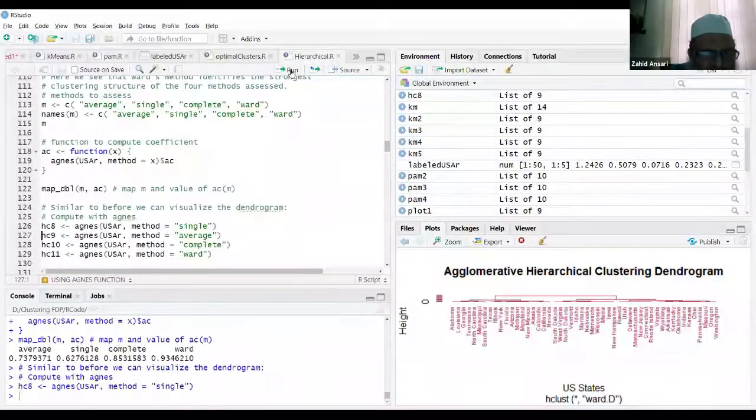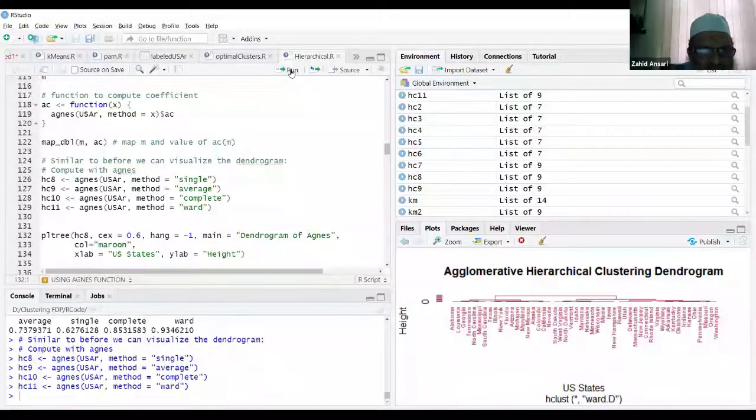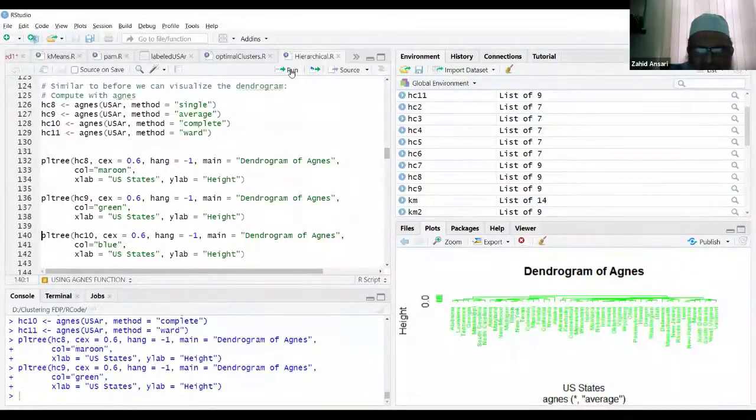I am looking for a graph plotting. pltree. Okay, so using various kinds of linkages.